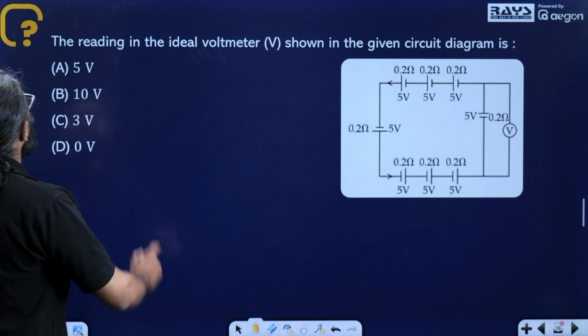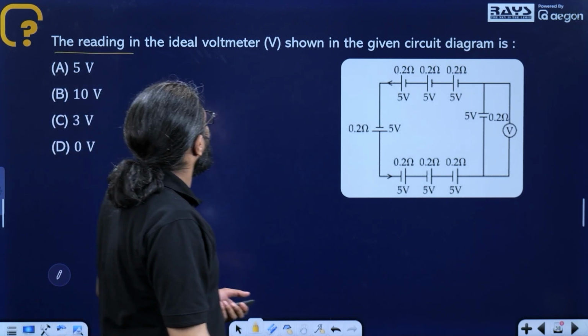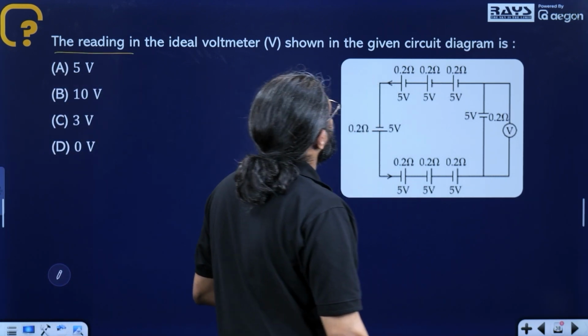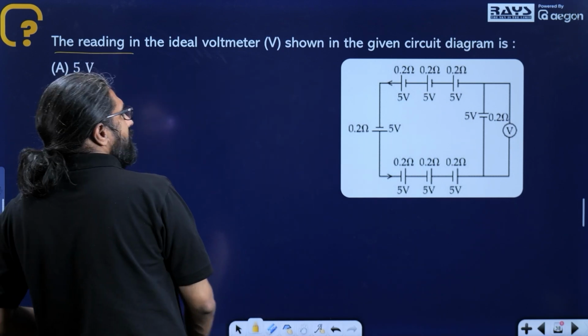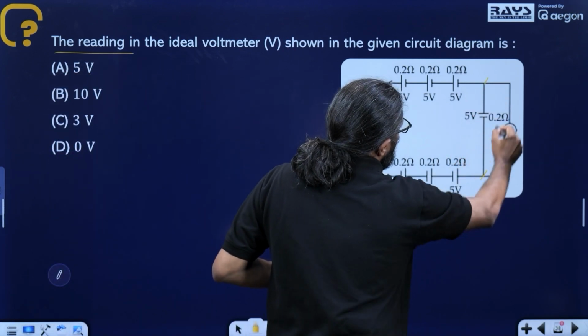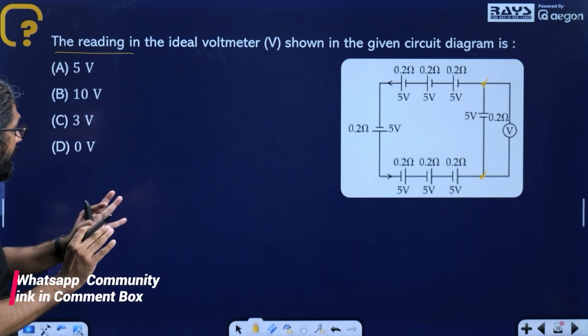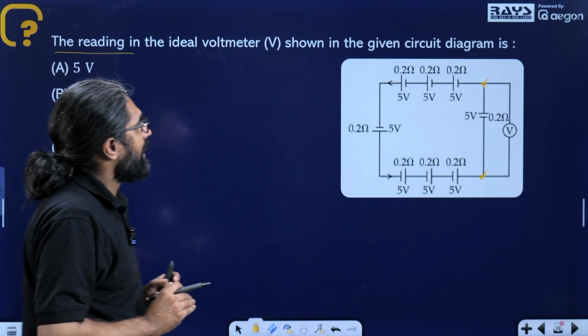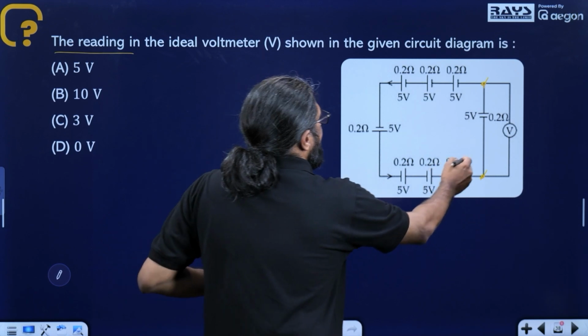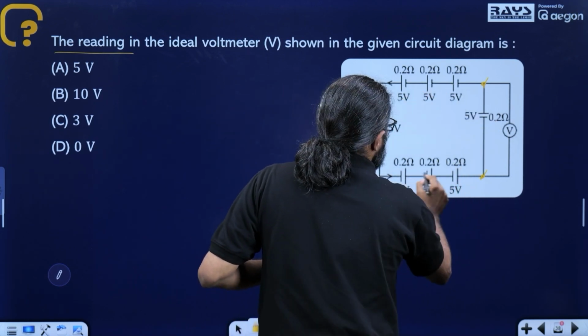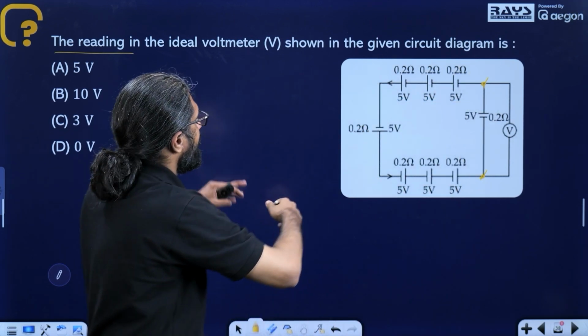Now, the next question. The reading in the ideal voltmeter V shown in the given circuit diagram is. This ideal voltmeter reads the potential difference across these two points, which is what we need to calculate. Now, listen. We have 1, 2, 3, 4, 5, 6, 7, 8 cells here, and the cells are all